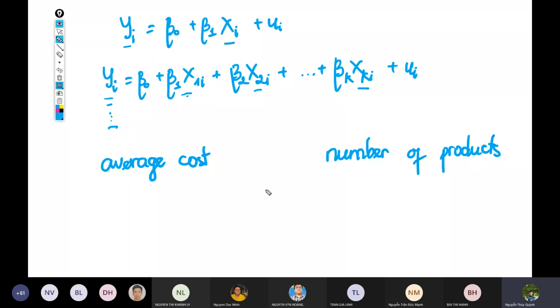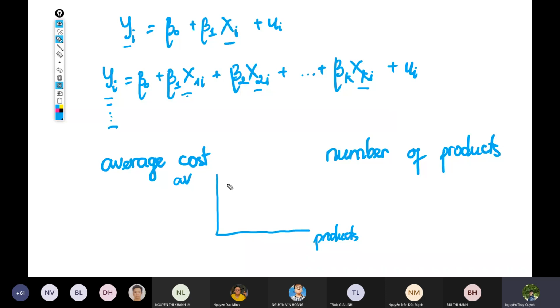But at first it decreases at a very high rate, and gradually the rate will decrease. So if here is the average cost and here is the number of products,